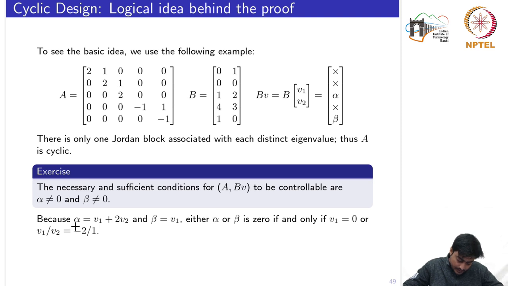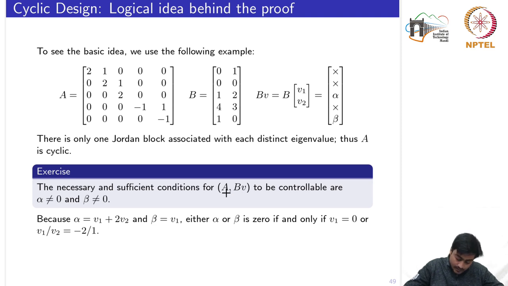So now see, since alpha is given by V1 plus 2 times V2 and beta is nothing but only V1. Now either alpha or beta is 0 if and only if V1 is equal to 0, or V1 by V2 is equal to -2 by V1. This you can see readily, that if V1 is 0, beta would straightforwardly be 0. If beta is 0, then the pair A comma B times V is not controllable